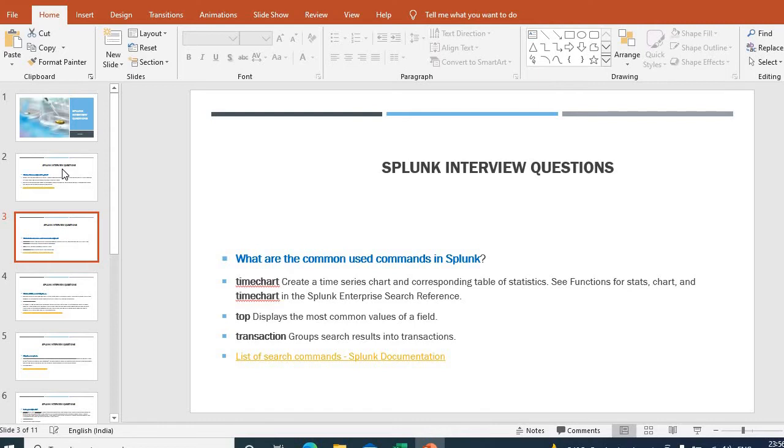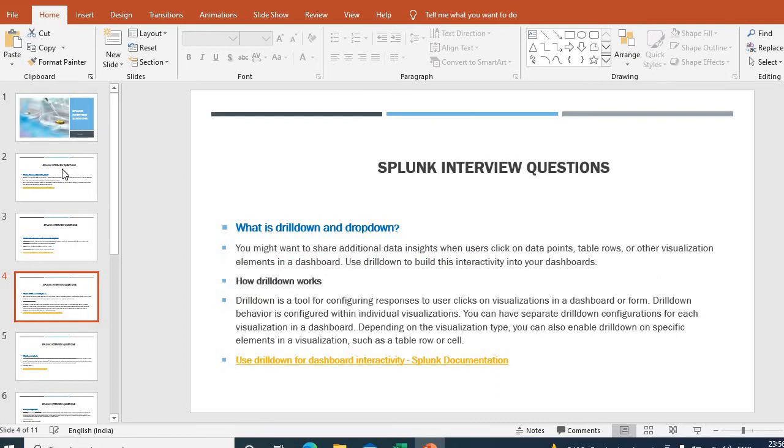But to talk about a couple of commands: timechart is used to create a time series chart and a corresponding table of statistics, see the functions for stats, chart, and timechart in the Splunk Enterprise search reference. The top command displays the most common values of a field, and transaction is used to group such results into transactions. Please do refer to this link for more commands that we'll be using in Splunk.